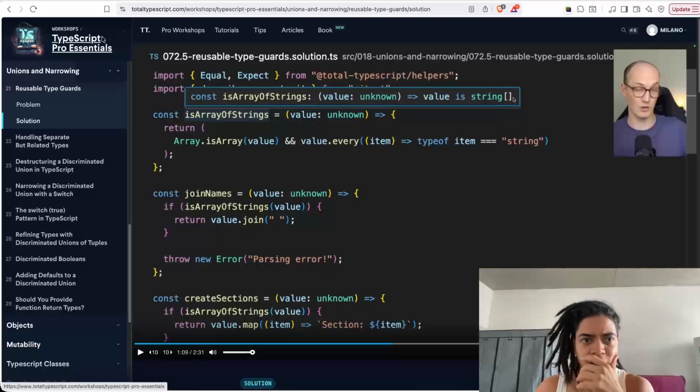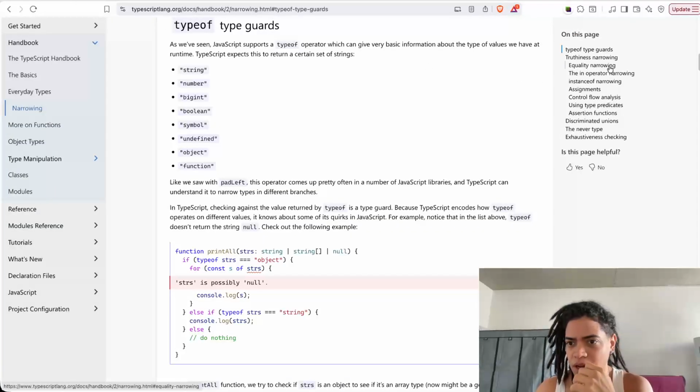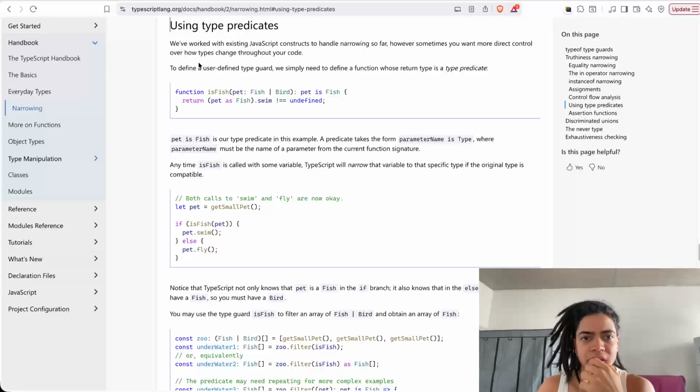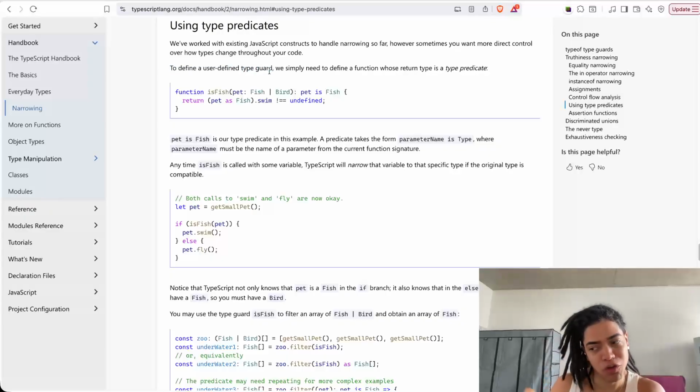We will look at type predicates. Yeah, they don't mention anything like that. Type predicates, instance of, control flow narrowing. This is just for narrowing. Type predicates here. So we have worked with existing JavaScript constructs to handle narrowing so far. However, sometimes you want more direct control over how types change throughout your code. To define a user-defined type guard,